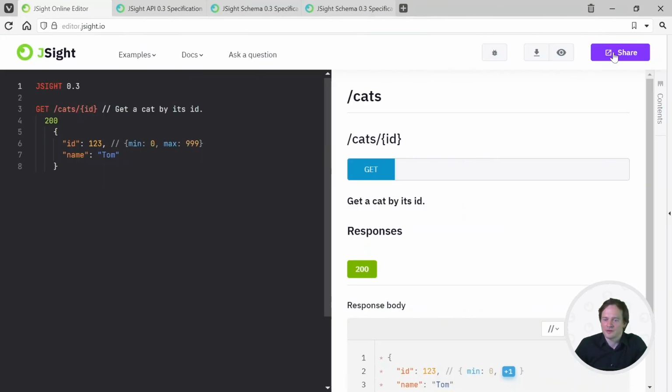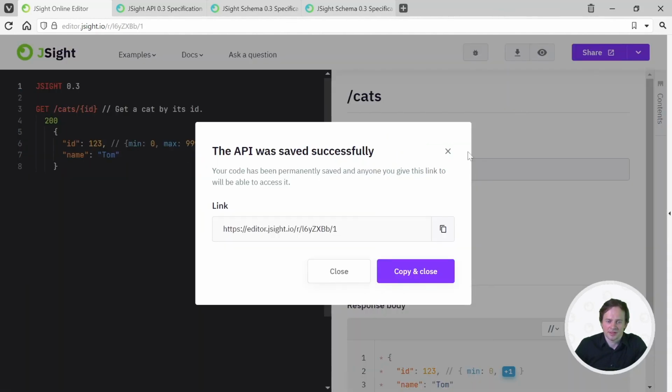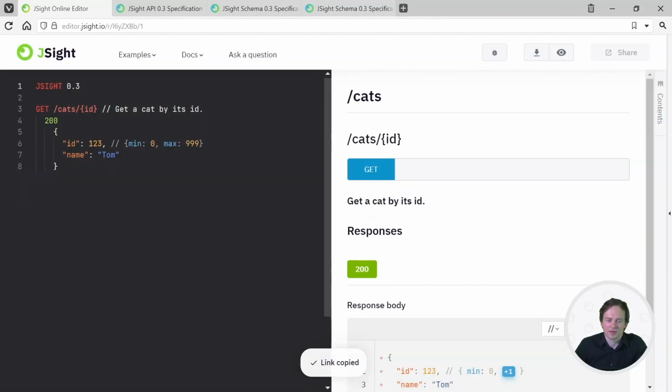Now I press the share button and save this example in the cloud, so you will find this example below